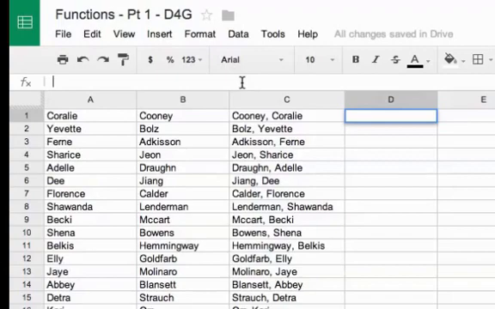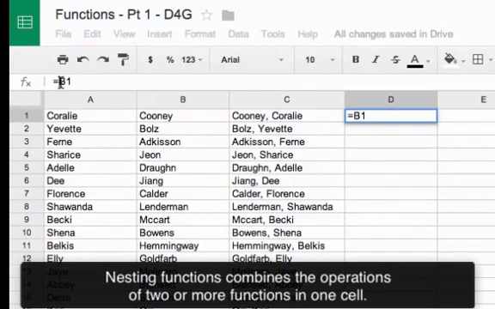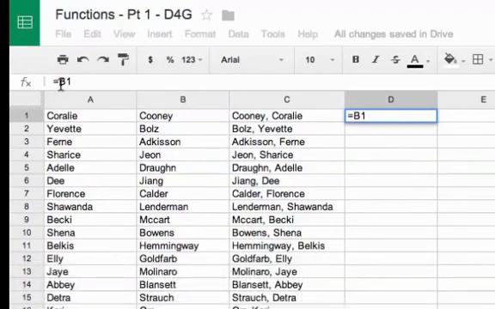So we know if we want to get the last name, all we need is what's in cell B1. That would give us the last name. But what we want to go before it is the first initial. That's in column A1. So what we're going to do is nest some functions. We're going to put some functions together into one formula. So after the equal sign, and you only need one equal sign, at the beginning, I'm going to type,